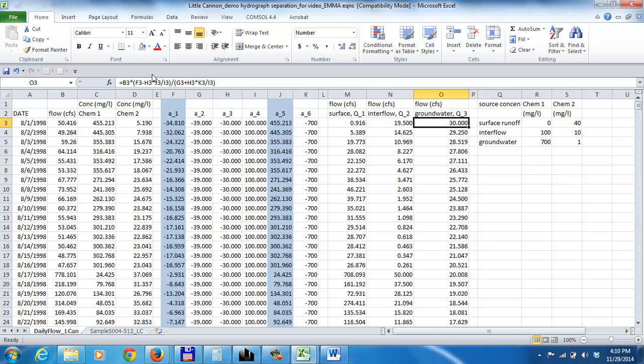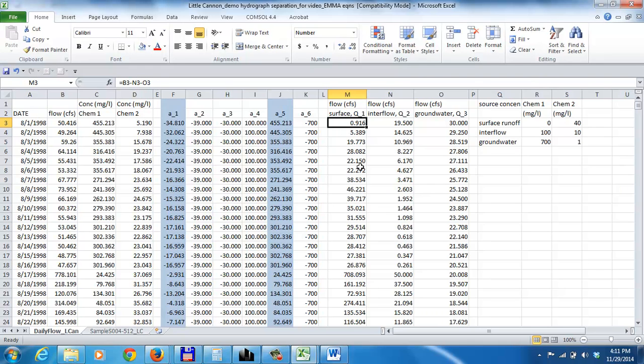Once Q3 is calculated, we then can substitute that in to calculate Q2. That again is the equation given in the handwritten notes, and then finally Q1 is just the difference between the total discharge, which is column B, and the values that were just calculated in column N and column O. So that gives us these discharges, and we can see, of course, they're